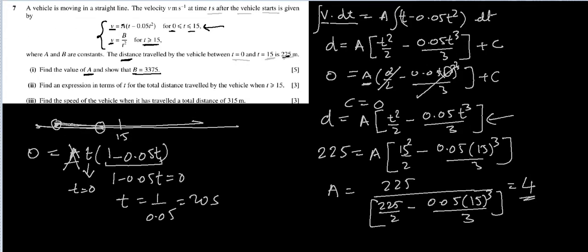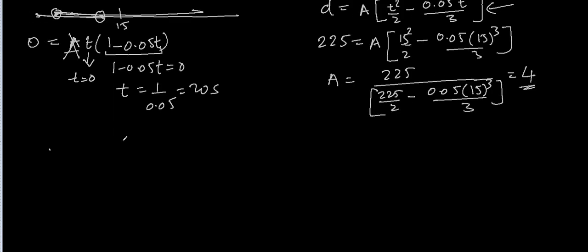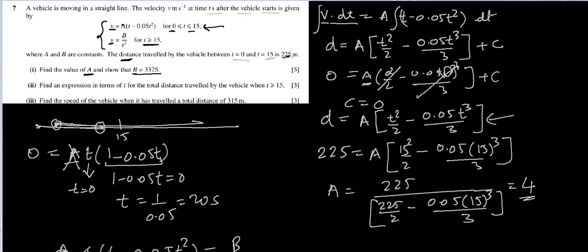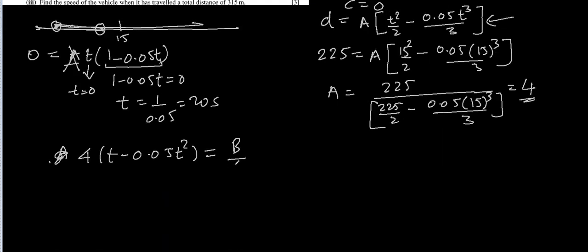First equation was A t minus 0.5t. So first equation is A. Now we know A now. 4 t minus 0.05 t square will be equal to B over t square. And we know it is time 15 when we can equate them. No other time we can equate. So we'll write 15 minus 0.05 15 square equal to B over